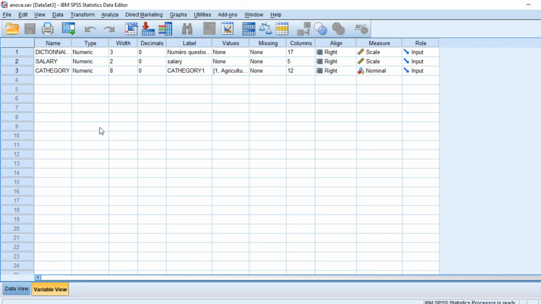So let us first start with the theoretical part of this tutorial, which is the basic foundation